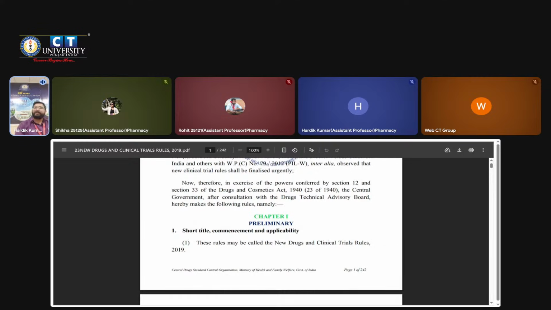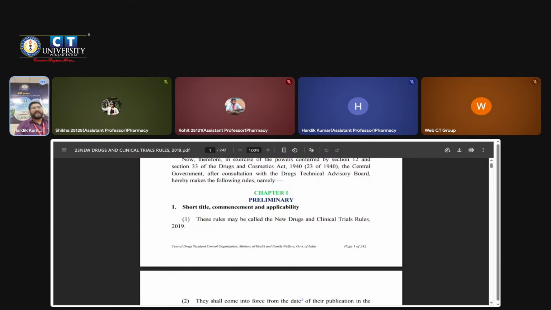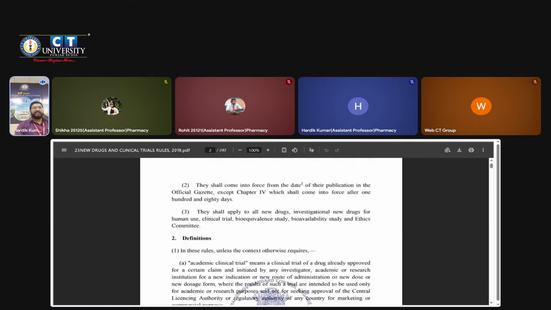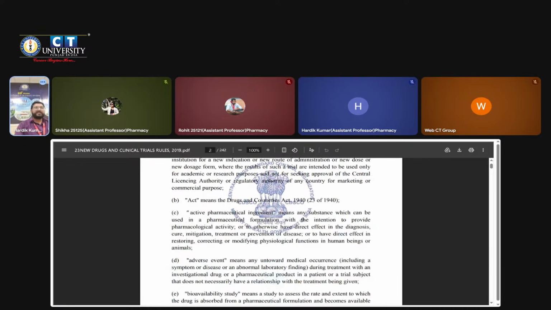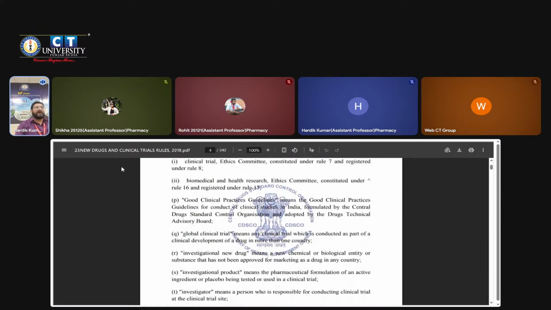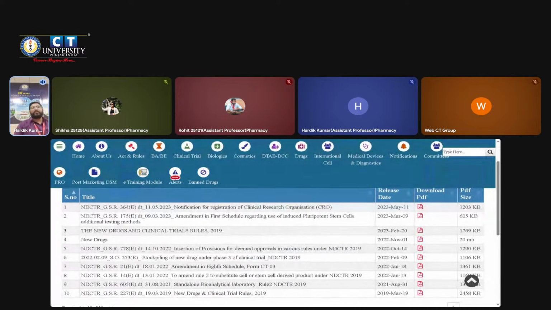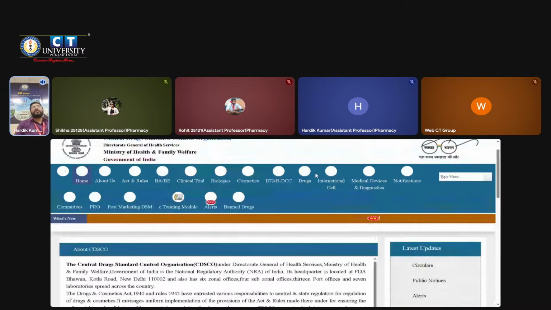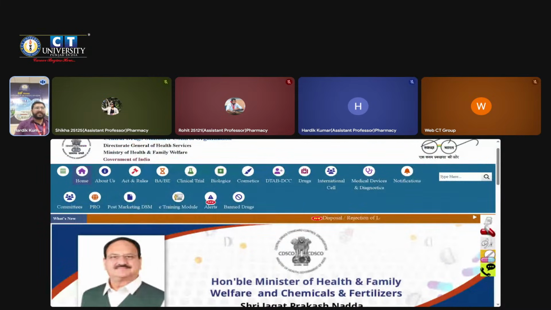If we talk about chapter 1 of the rules and regulations available on the website, that is the short title and commencement of applicability. Then there must be the definitions of that part. If we talk about each and every rule part, they are too lengthy, so I can explain in brief that there must be every piece of information about your drug or what type of trial you are conducting in the community or in the hospital, what things are necessary for the trial. Then there must be ethical approval, that is the human ethics committee approval